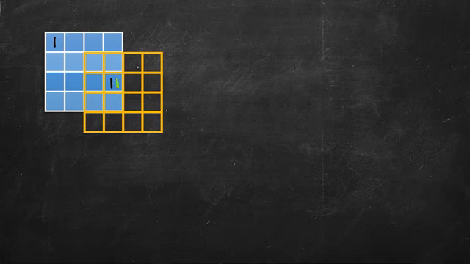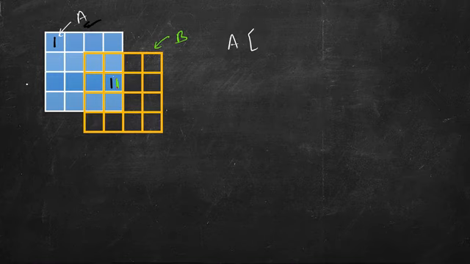So this green denotes 1 in this B, and black one is in A. So now A, what is this row? This is 2 and this is 3, assuming we are starting from 0 0. So A 2 3 is 1,